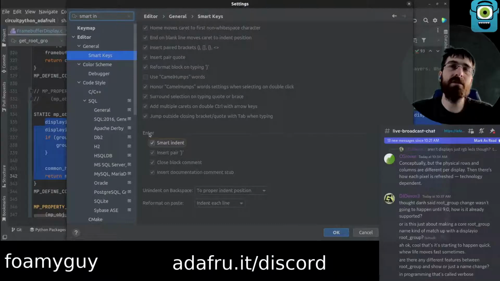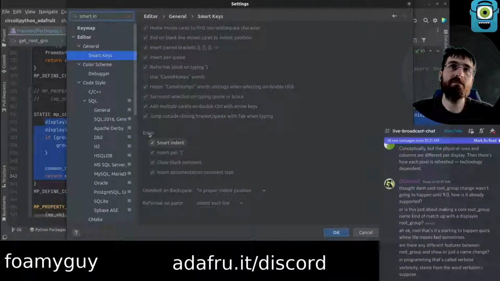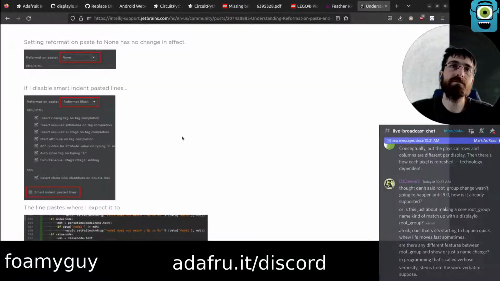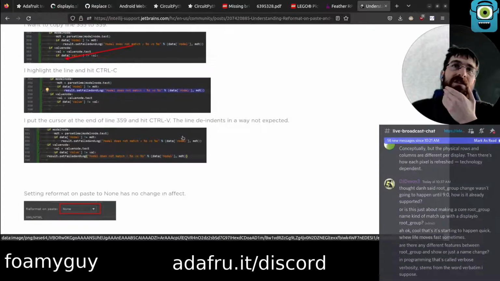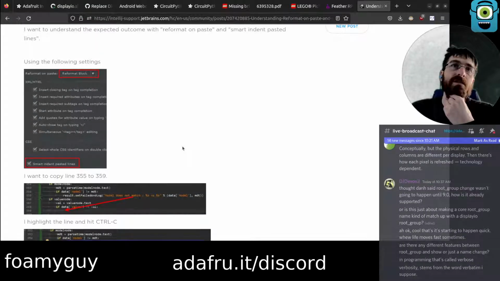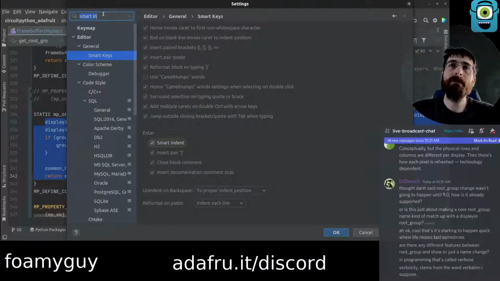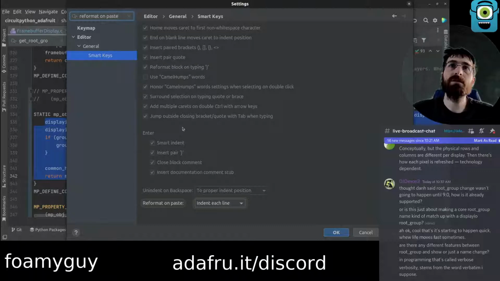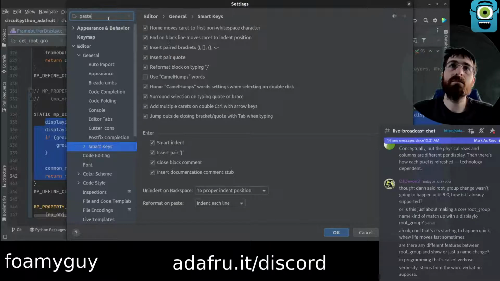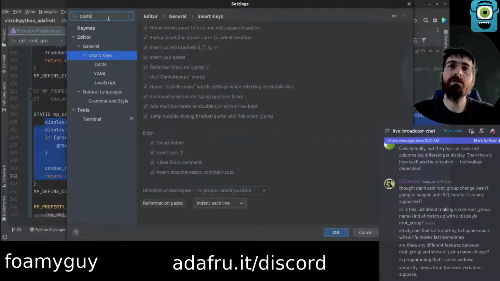I don't want to mess with it on enter though. Where do you go to change it on paste? The following settings. Reformat on paste. Indent each line.